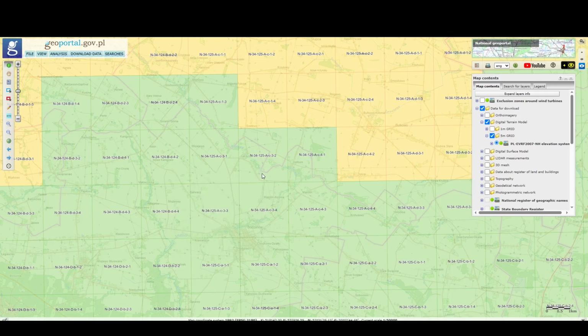And as you may see, we probably will need some of these squares, maybe 2, maybe 4, I don't know. It will depend on the distance of our railway line. So you can also